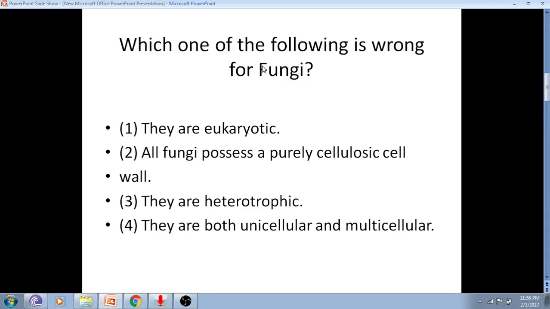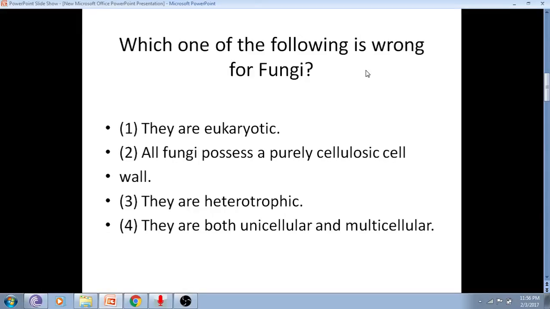Now in this question it is asking me which of the following is wrong for fungi. What comes in my mind after I read the question? It comes in my mind: what is a fungi? I immediately go to the five kingdom classification of R.H. Whittaker, and then I recall that fungi was a type in which there were eukaryotes placed. There are five kingdoms: number one, Monera, Protista, fungi, plantae, and animalia. So we should know the broad classification, the broad characteristics of each and every kingdom, and then you immediately recall